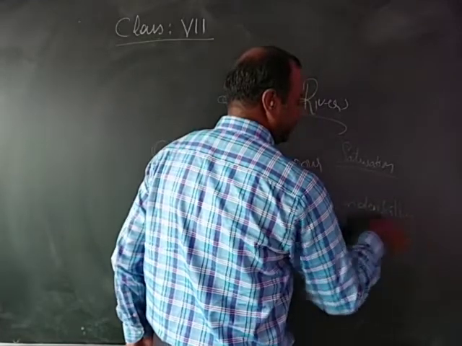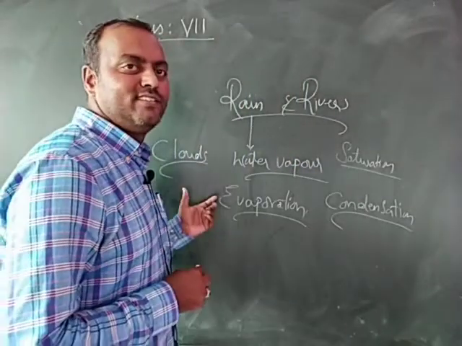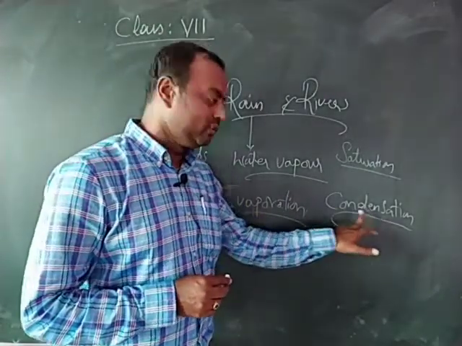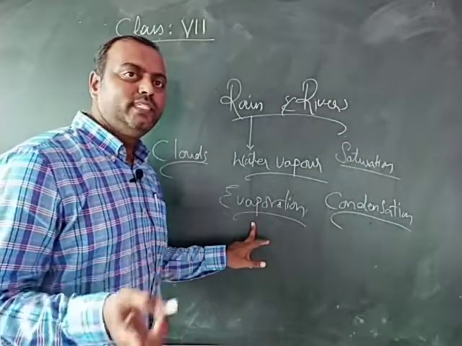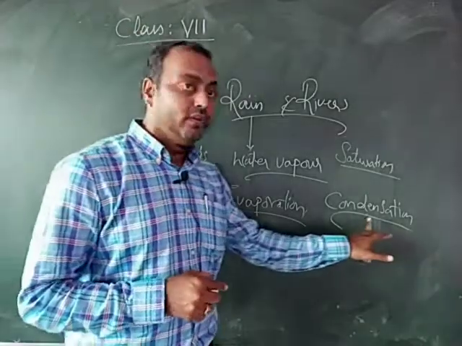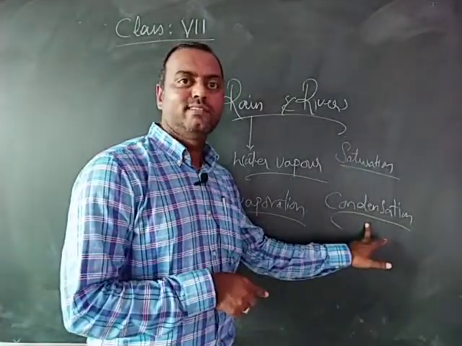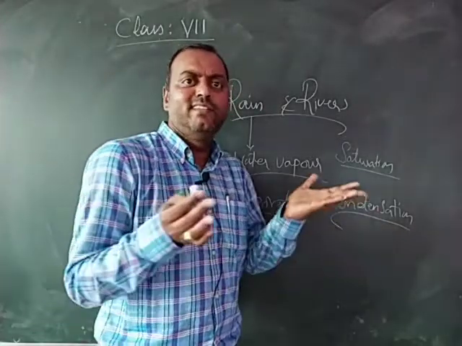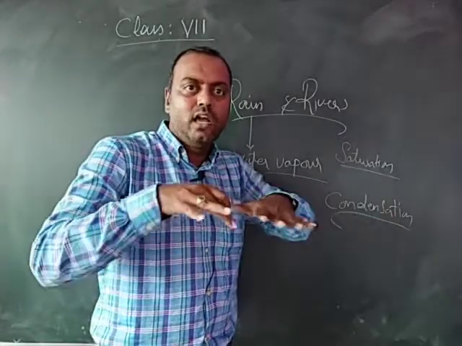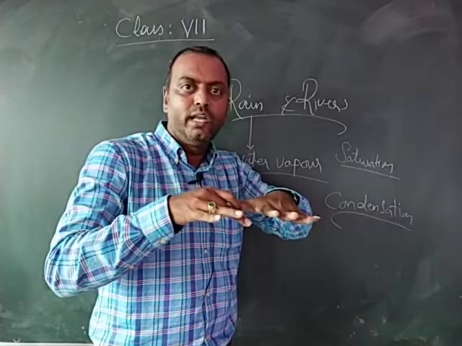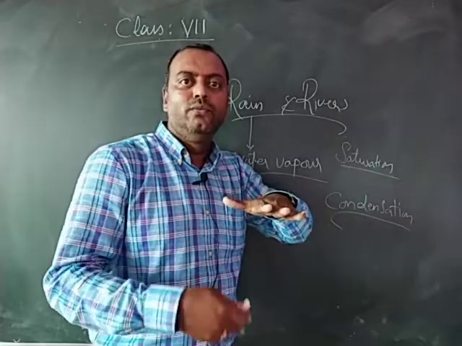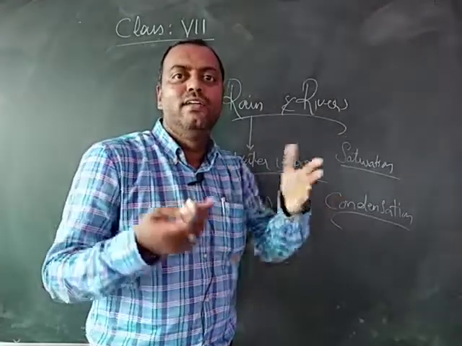Children, we learned two important terms in the process of rainfall. One is evaporation, the other one is condensation. Evaporation means the process of water turning into vapor. The vapor turning back into water is called condensation. So this condensed water joins together as droplets, and the drops become very big, and the cloud cannot hold it any longer, and it keeps depositing back onto the earth's surface in the form of water, or we call it rainfall.